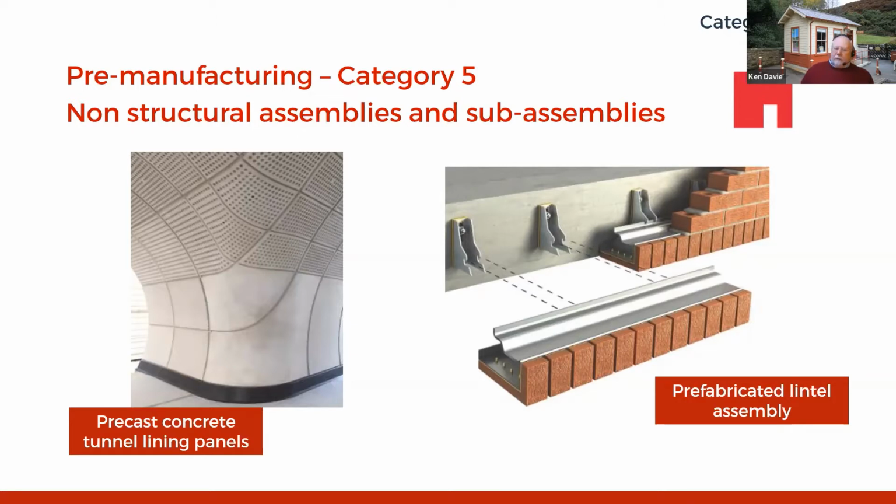Category 5 also covers building services: bathroom pods, service risers, horizontal services runs, modular plant rooms, feeder pillars, electrical assemblies. It's almost like, as I say, a catch-all category to pick up on anything that's not in categories 1, 2, and 3. I would have been inclined to make this category 4 as opposed to the additive engineering, but as it's turned out, this is fairly wide.